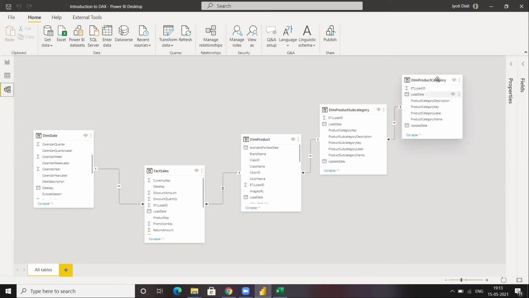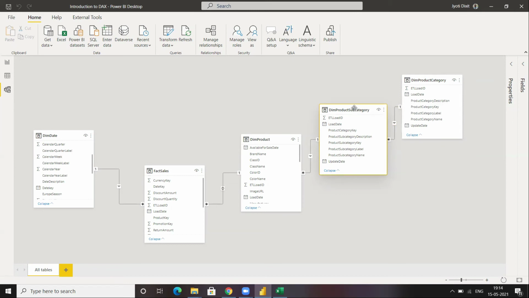Dim product category contains the product category information. Now in the normal world, one particular product category can have many product subcategories, right? One product category may have many product subcategories, and the level of granularity over here is actually product subcategory.